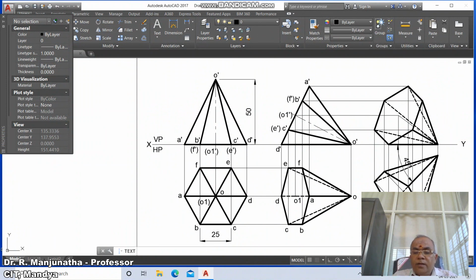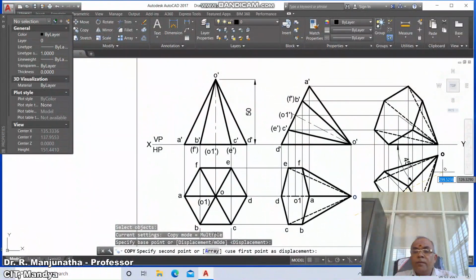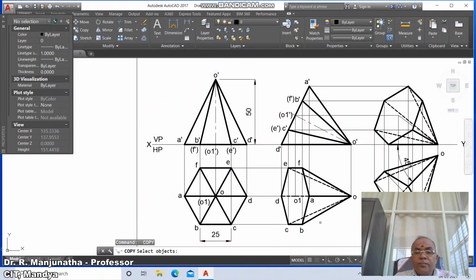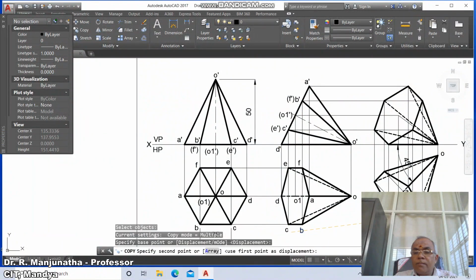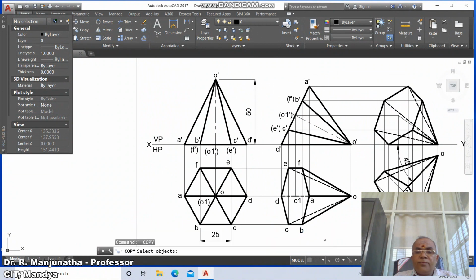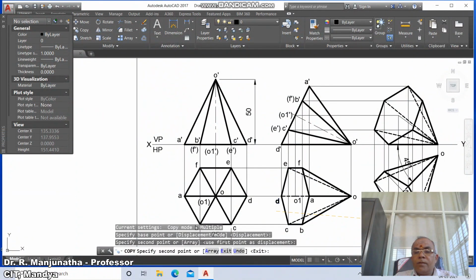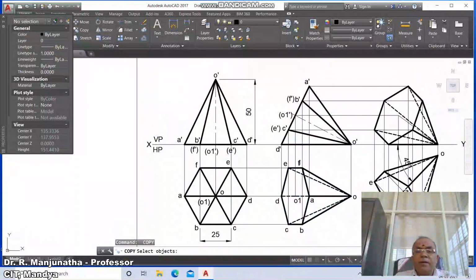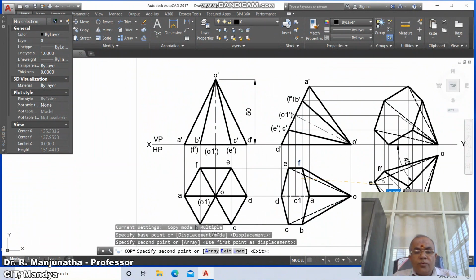O1, then go to copy, select O, then you type A, copy A here, you type B here, you type C here, you type D here, you type E here, you type F here, then go to D text, here you type